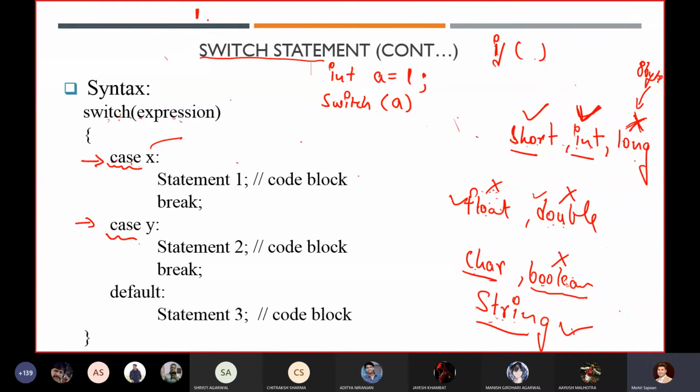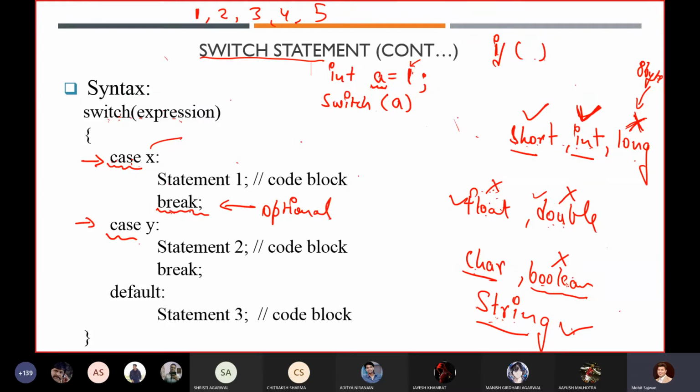Literals are the integer numbers which we assign to our variables. Like 1 is a literal which we are assigning to our variable a. Now after that, we generally use a break statement too. Again, this is optional. Always remember, this thing is optional.